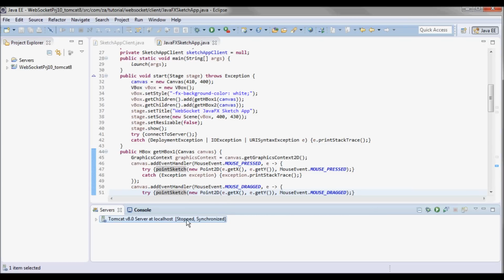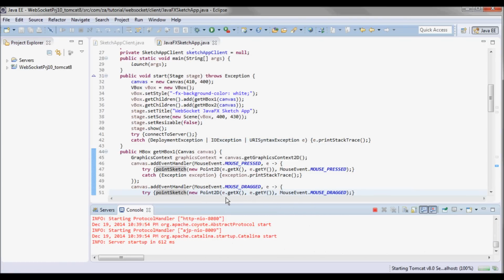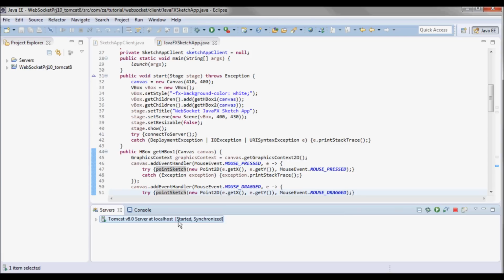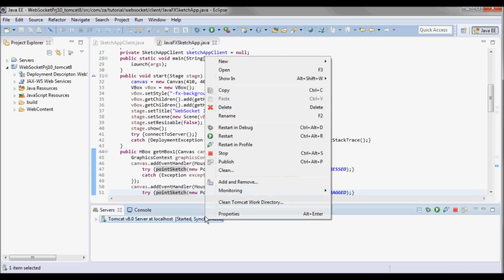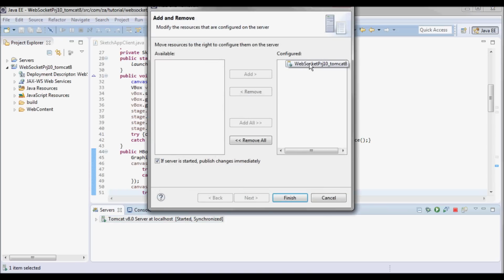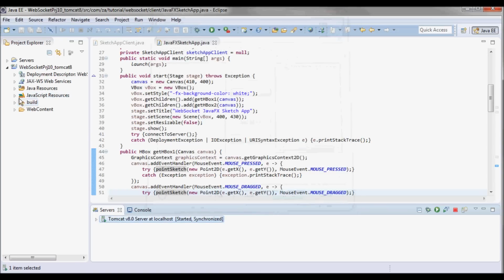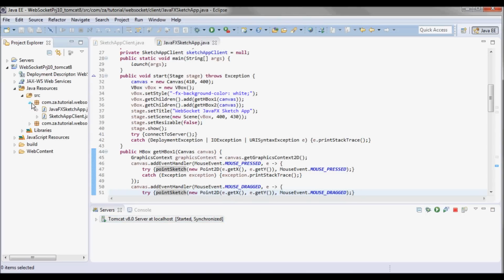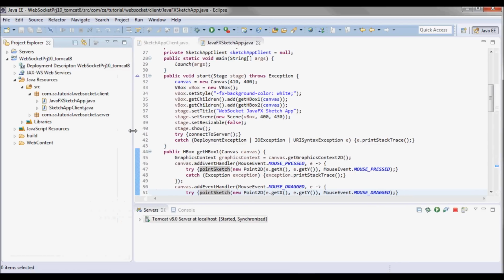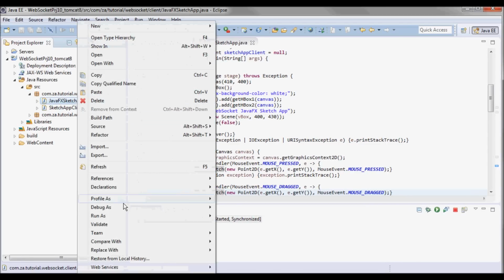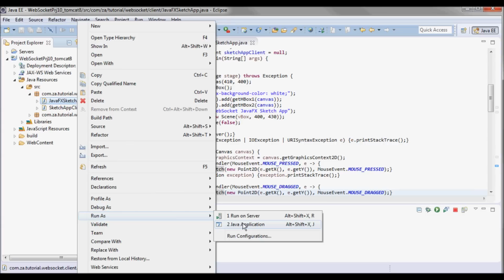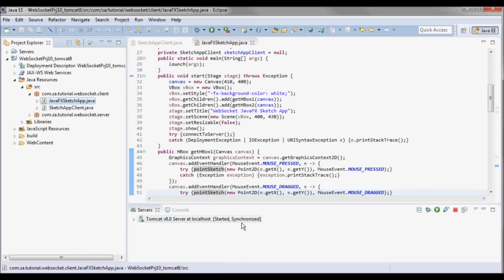Restart it. Okay, so started and synchronized. And let's make sure it's okay. So it's still added. So I can go to the JavaFX sketch app and run as a Java application,